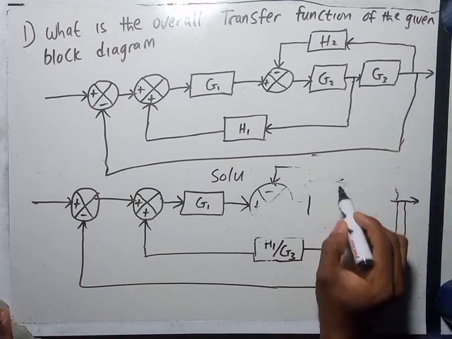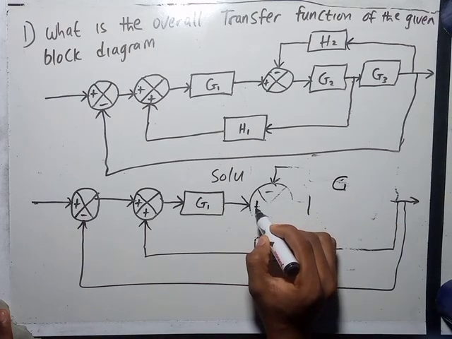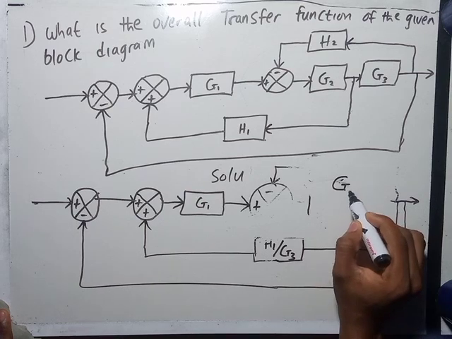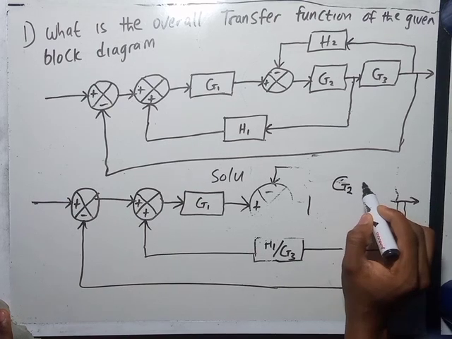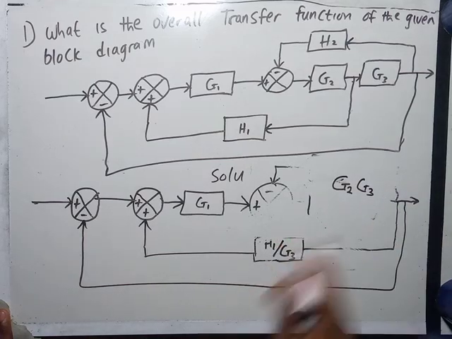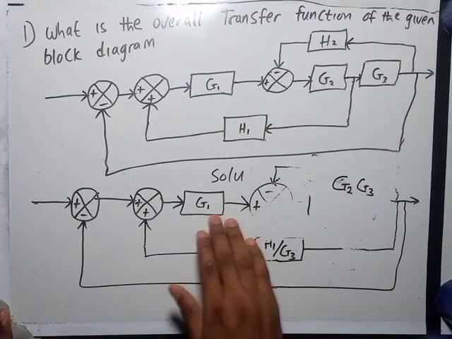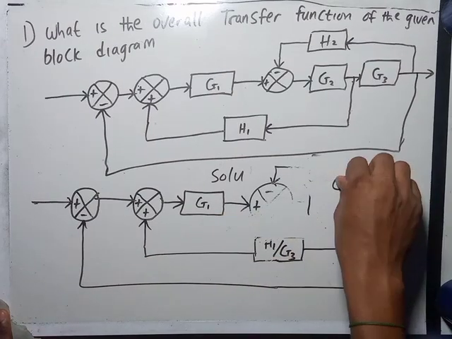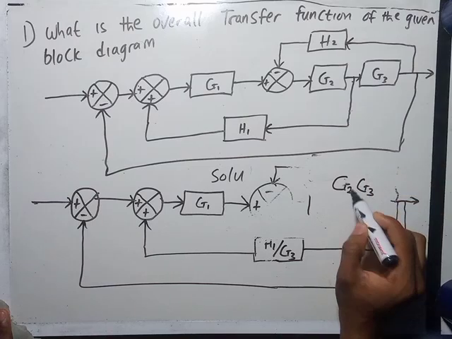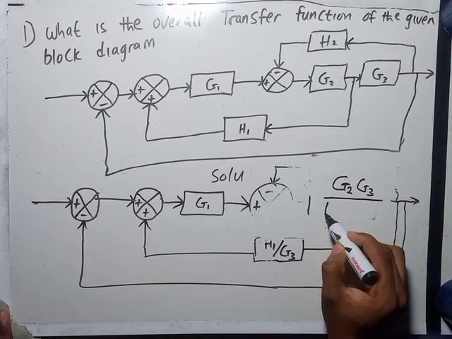Now this transfer function will be G2 G3. Why is it G2 G3? They are the ones that are on the main parts, the open loop parts. They are the ones on the open loop parts. So that is the reason why we're using them and not H2 that was on top. Now all over 1